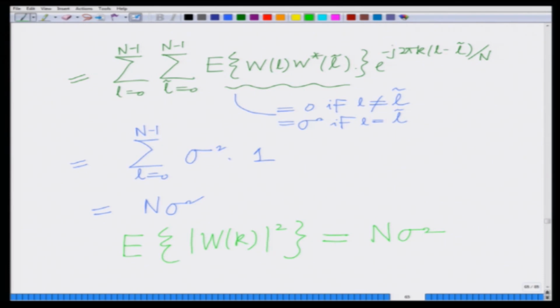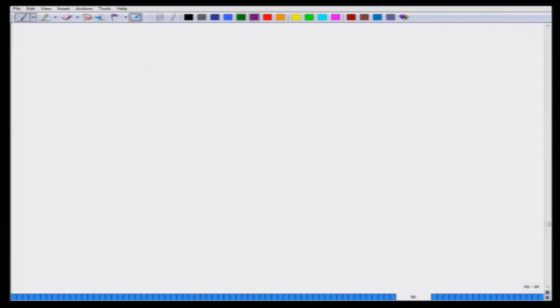So, what we have is that at the output of the FFT, the noise capital W_k is 0 mean and it has a variance of n sigma square. Further, since each capital W_k is generated as a linear combination of the small w's, that is, a linear combination of Gaussian input noise samples, each capital W_k is also Gaussian. Therefore, as a result, the noise can be characterized as follows: the noise at the output of the FFT, each W_k, is Gaussian,